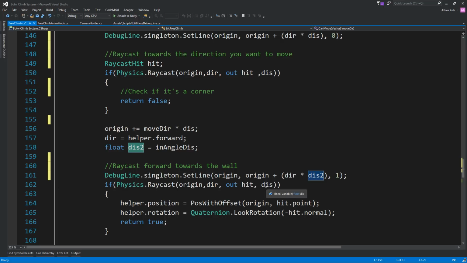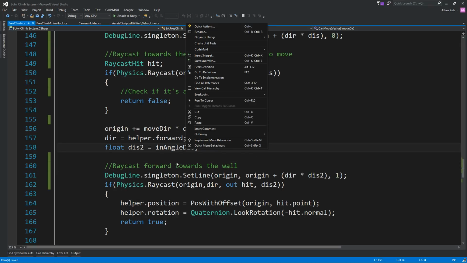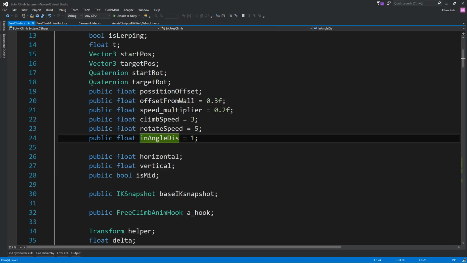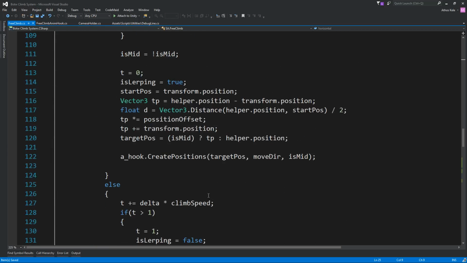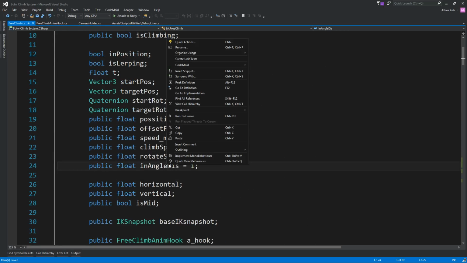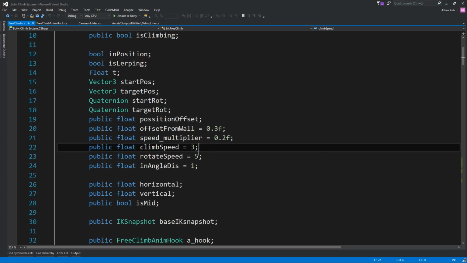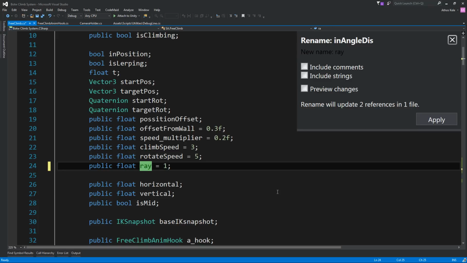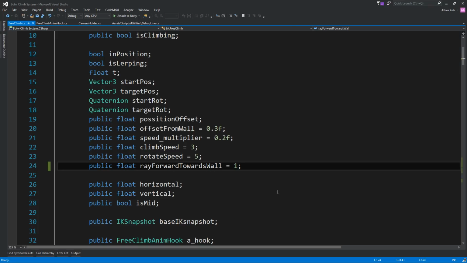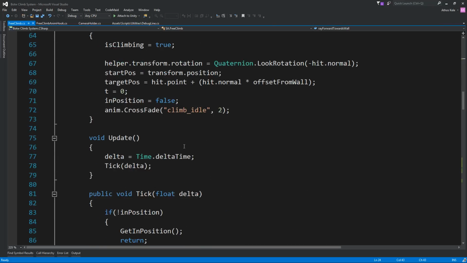And basically if we take this and put this over here, because I see this was wrong, it's going to allow us to just use the in-angle distance. Or let's rename this to ray forward towards wall. Okay, let's check the other ones.